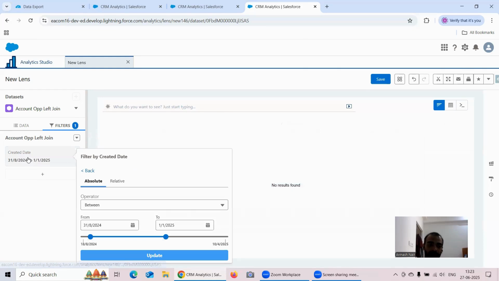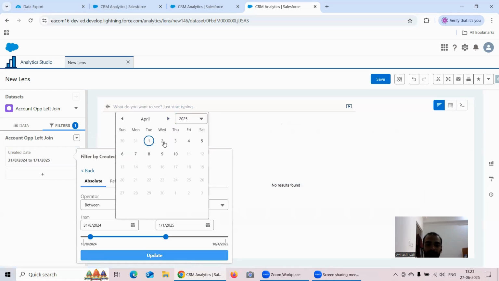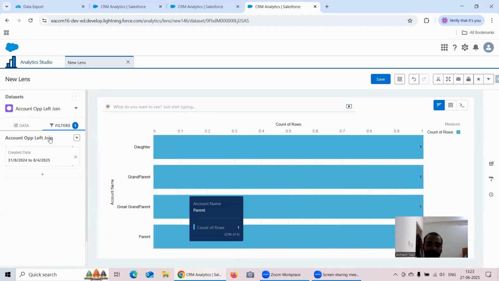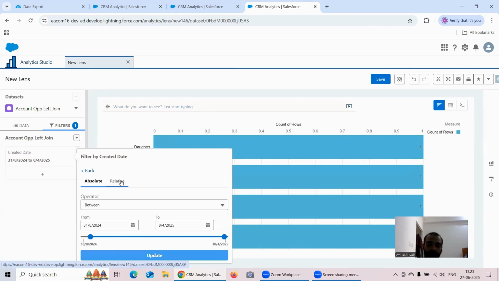Currently I don't have records, but you can see this is the range, and I can check if some records exist, or maybe if I just increase this a bit to, let's say, 8 April, I guess we can still see some records. Yeah, some records are popping up, which makes sense. Okay, in this way, this is the absolute, and similarly you can go for relative as well. So under relative,